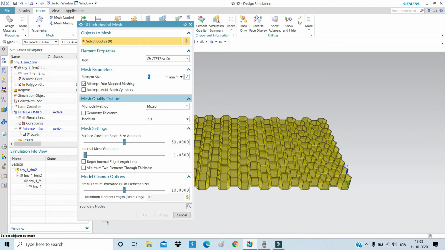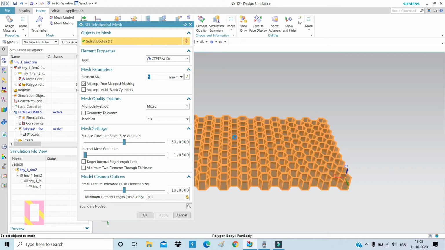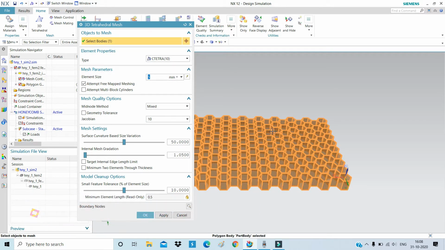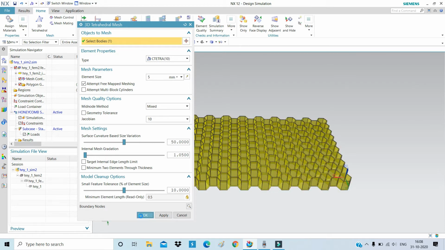First select the body, which is already selected. You can see the element properties, type, mesh parameters, mesh quality options, mesh settings and cleanup options, all are set. You don't have to change anything. Okay, then okay.